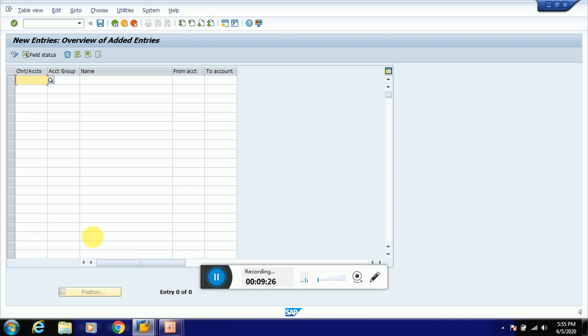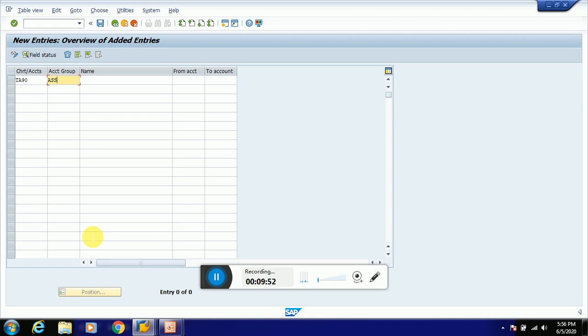Before we create the account group, the system will ask for our chart of account. As we know, the chart of account we have just created is TA90. Here I am creating just 4 account groups for our understanding purpose. You can create as many account groups as per the requirement of the business.